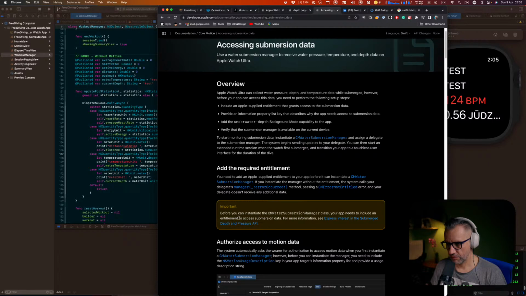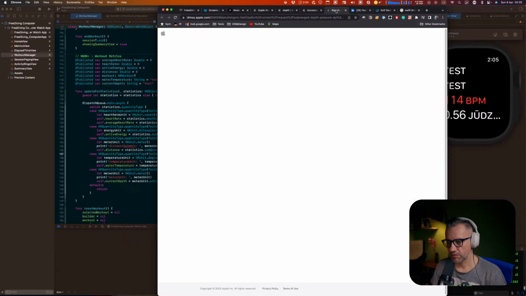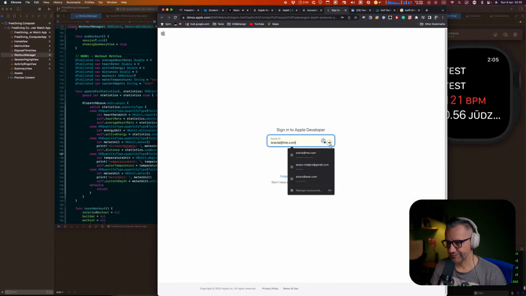Your app needs to include entitlement to access submersion data. Oh. We need to add that to the app